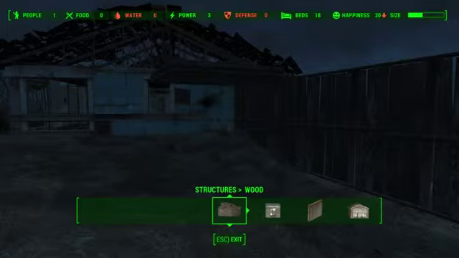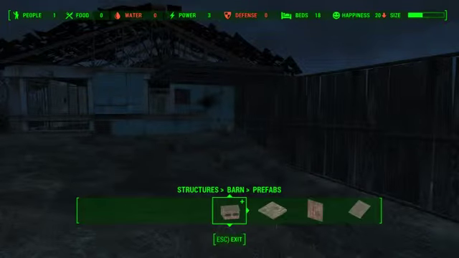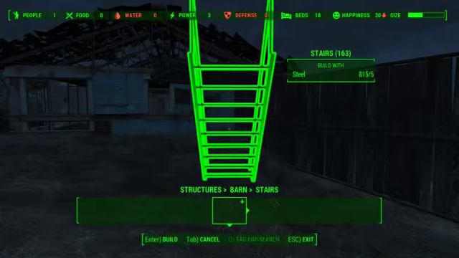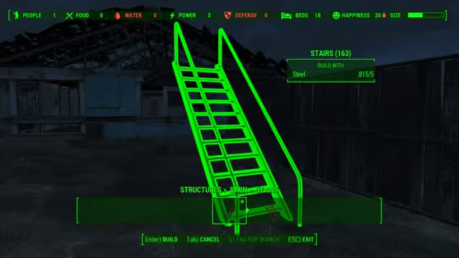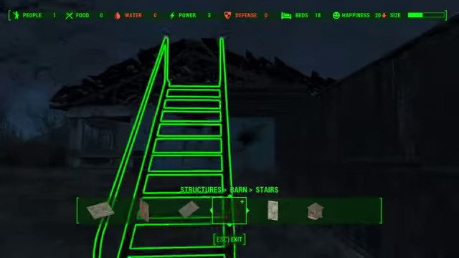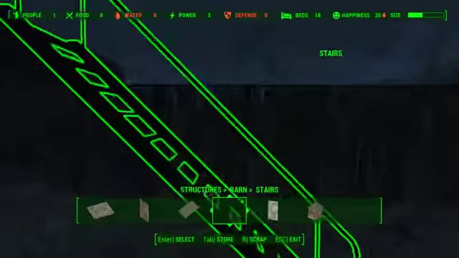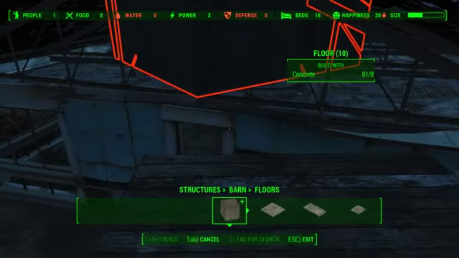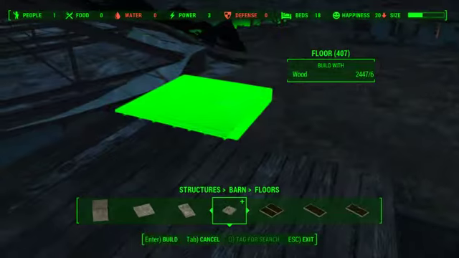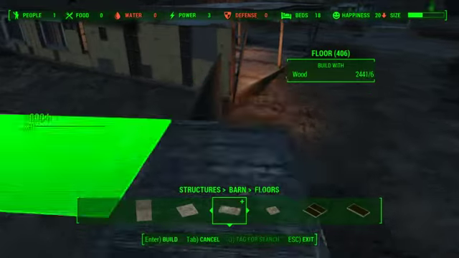I'm going to go to barns. Again, I'm using both Wasteland Workshop and Far Harbor pieces. And the barns have a fantastic stair with handrails and everything. Now I'm placing it on the outer square. If you think about it, these are 2 squares by 2 squares wide. I'm going to climb up, go under floors, and I only want the single width floors. Okay, snap that there,